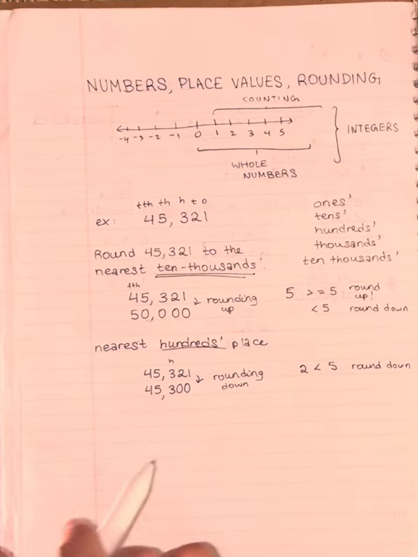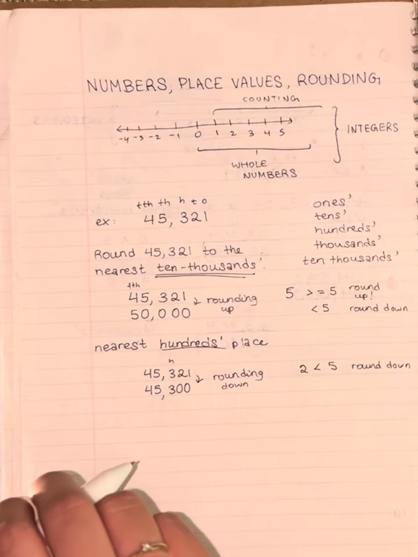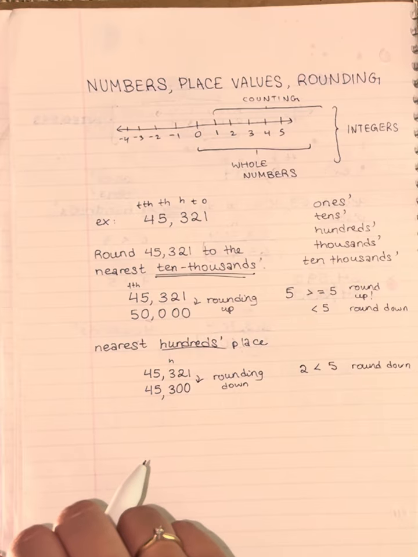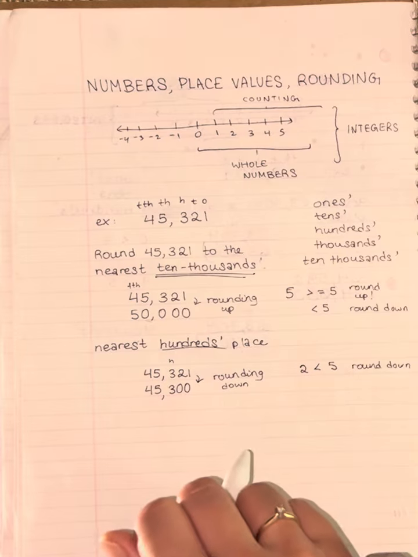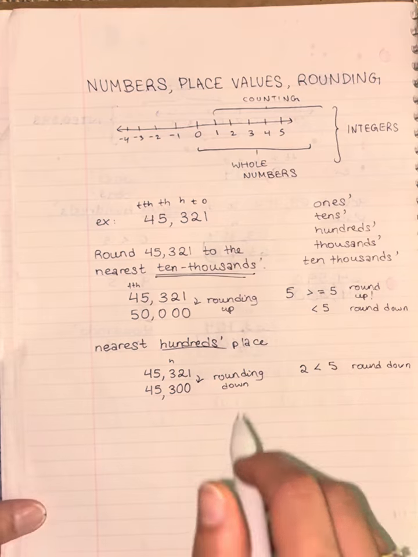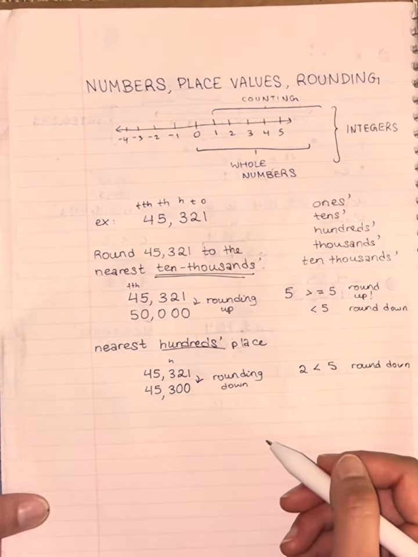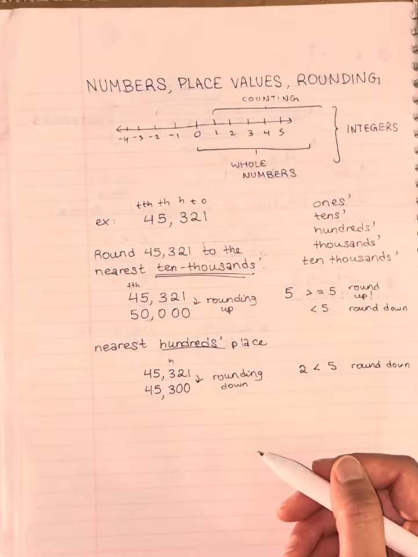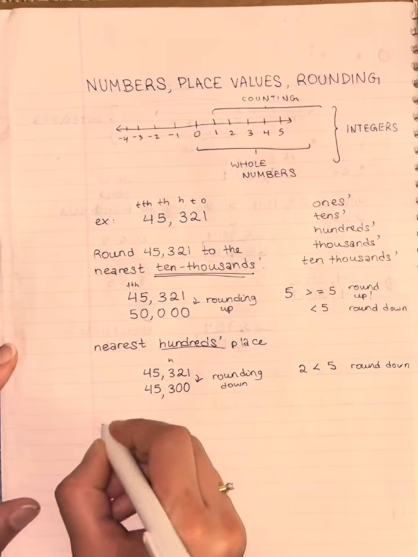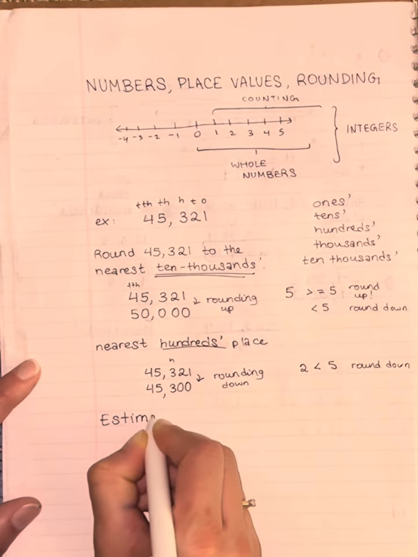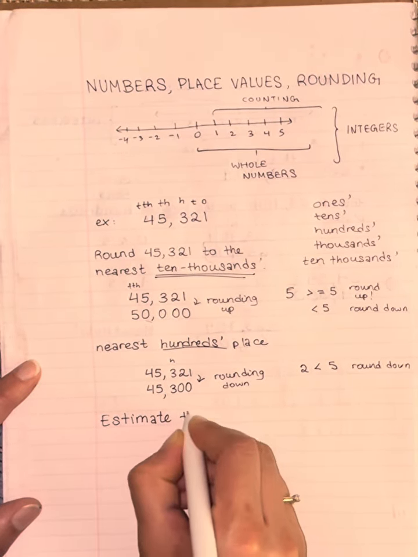But in what situation would we actually need to use rounding? Now, you might come across a situation where you're trying to do some quick calculations and you don't want to actually do the steps of adding each digit to the appropriate digit. And instead, you want to be able to do it in your head. You want to do some quick mental math. So you might see a problem that says this: estimate the sum